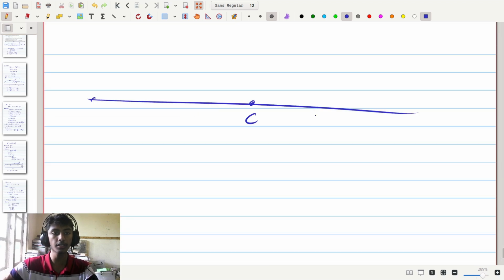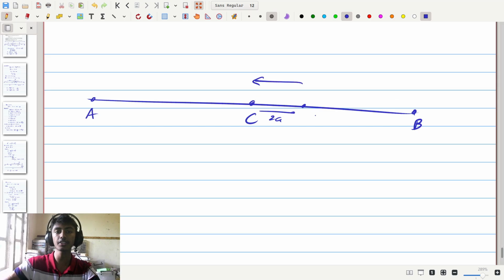If this point is C, this point is A, and this point is B, we were somewhere over here where this distance is 2a, and in this case both strings S1 and S2 were intact, and we are accelerating in this direction. And as we were accelerating, when we got to the point C, this is one time. When we pass C, we cut the string, meaning that now we are under a different acceleration. We accelerated and we got to this point, but at this point, remember, since the string's natural length is 2a,